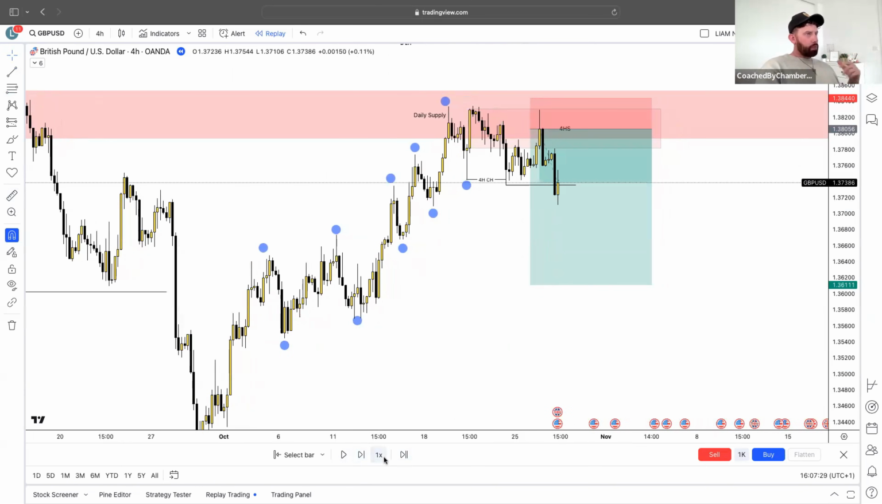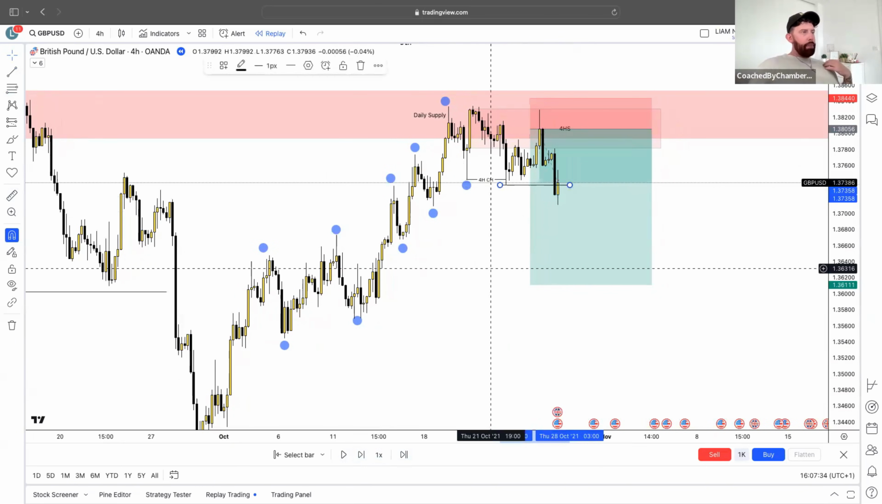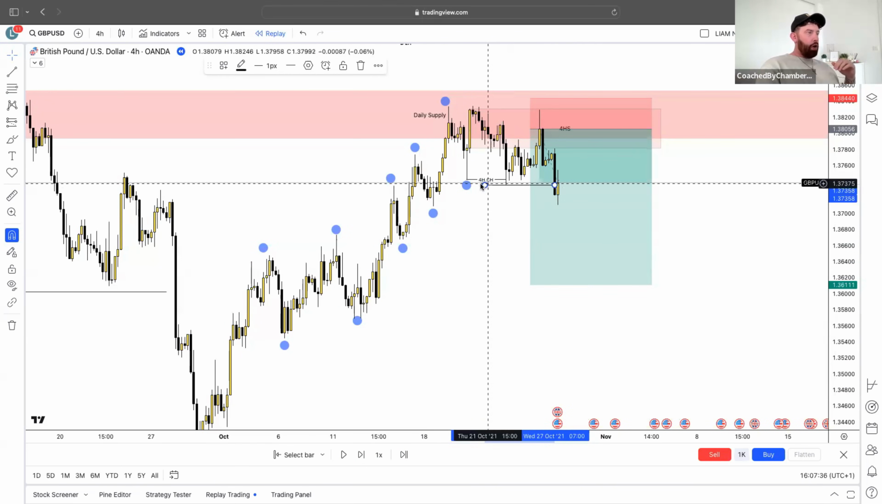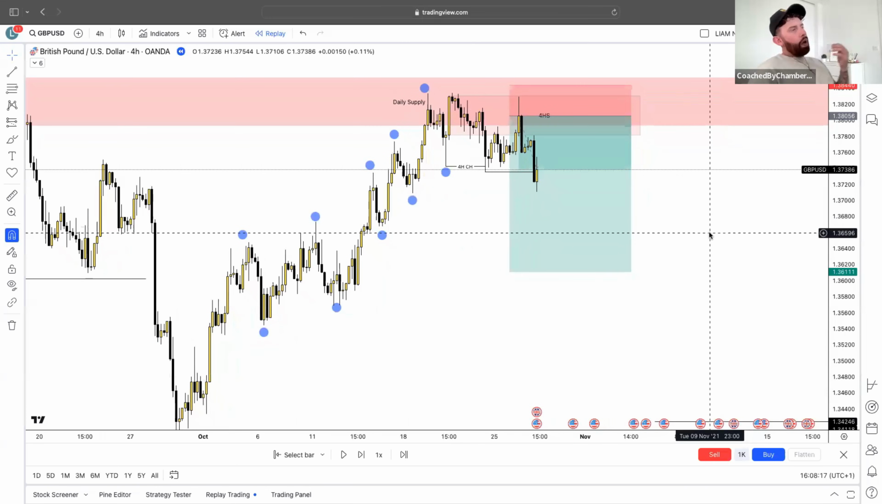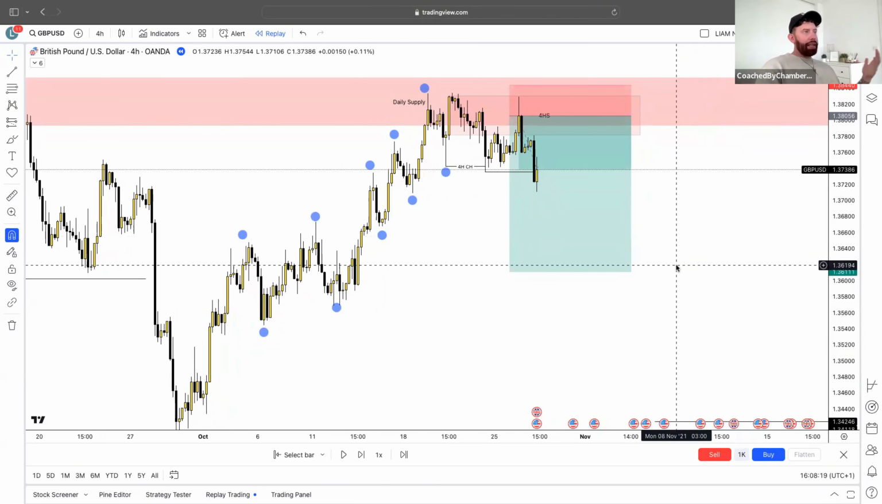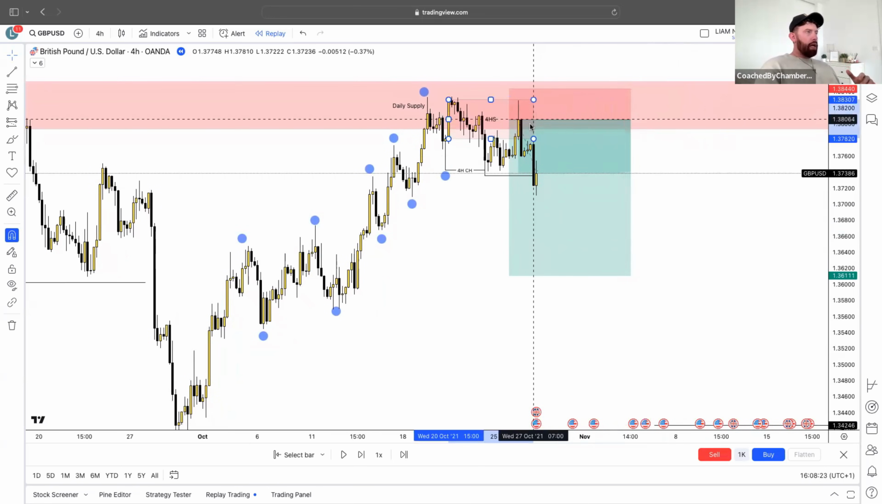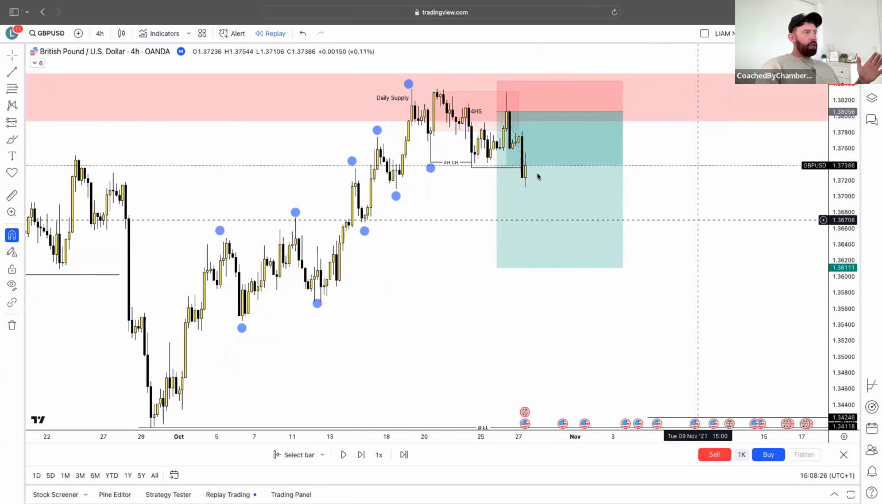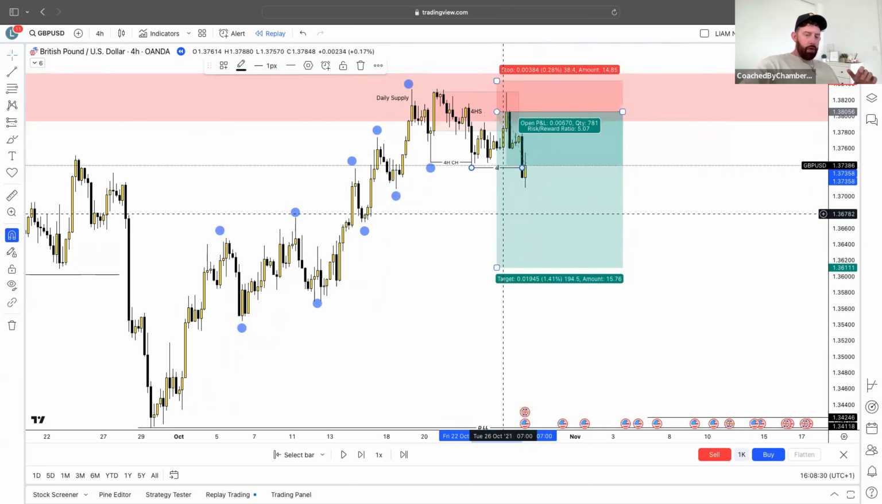Okay, boom. So as you guys can see, we have now just validated this because we have got another 4 hour break of structure. So what that means now is, can we actually add on to this position? So we've got our 4 hour supply area here. Now, as you guys can see, same question. Now that we've had a 4 hour break of structure, so let me just write this out, 4 hour BOS,